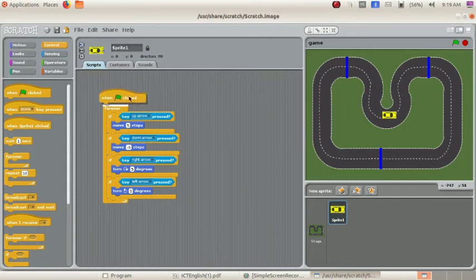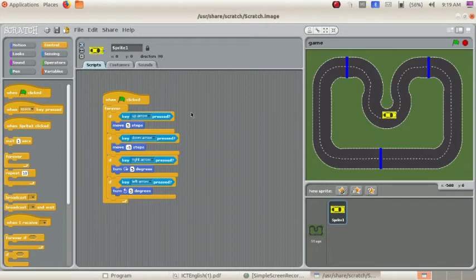So just add this at the top. So when flag clicked means to start the game, when we click on the start button. So we have to add the when flag clicked instruction, that is in the control tab.